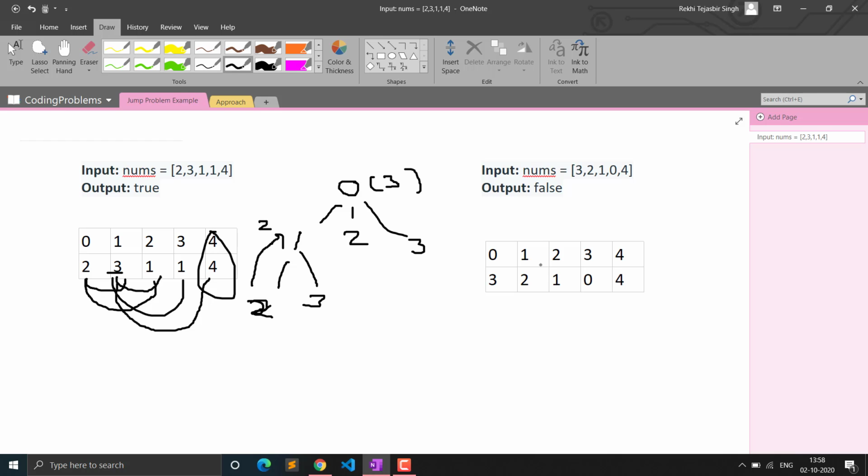Otherwise, if the recursion is over, then we can return false if we are not able to reach any point, or if we get this 0 value. So this will take a lot of time. Using backtracking also, it will take a lot of time, because we are checking all the possibilities for a particular value. As I told you in the starting also, if we go from 3 to 2, from 3 to 1, from 3 to 0, then we have to traverse all the possible paths. So that will take a lot of time.